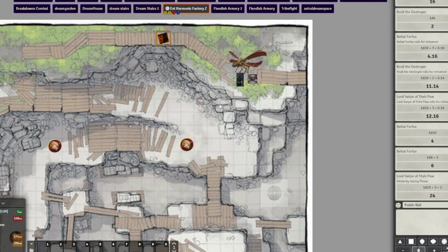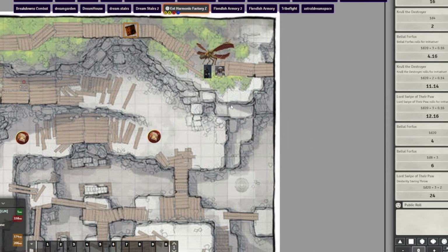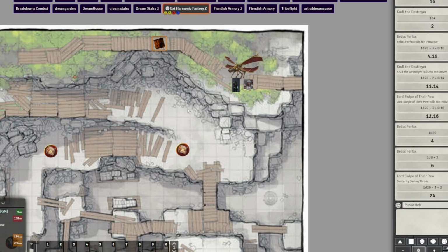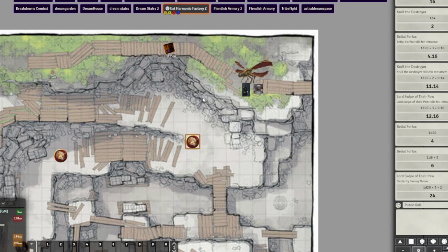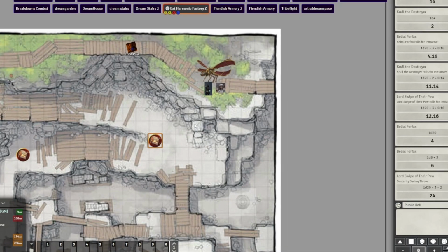Very good. Then it is their turn. And this Modron instantly triggers your attack. As it does, it gets a little bit too close for comfort. Moving 1 square to the north here. And you may make your attack.